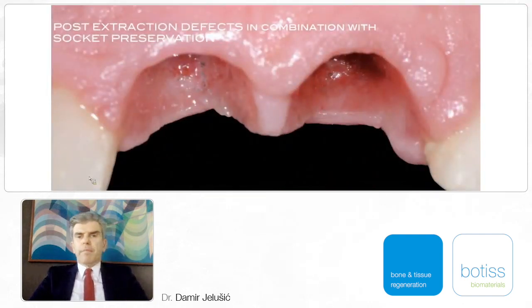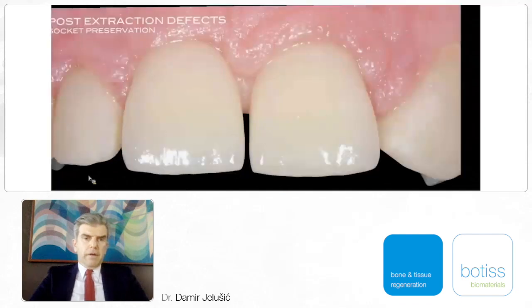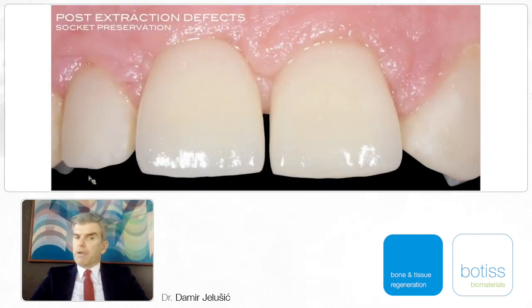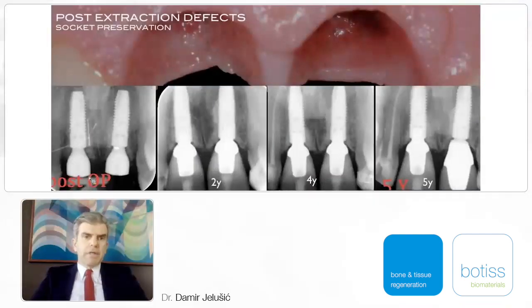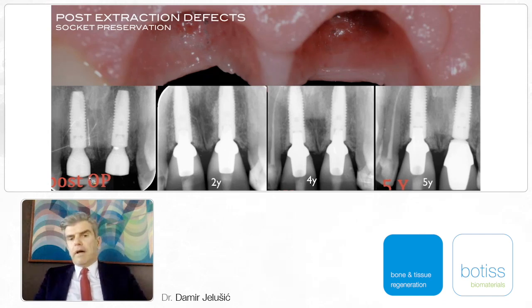After integration of implants, development of individual emergence profile, and the final restorations with 2 single crowns. Pseudopapilla between 2 crowns, papilla in a distal region, in a distal segment of incisors. And what you can see here, it's very interesting. You can see post-op, 2-year, 4-year, and 5-year X-ray, and no difference in the marginal bone. Very stable situation from an aesthetic point of view, from a health point of view, no inflammation, and just one difference,